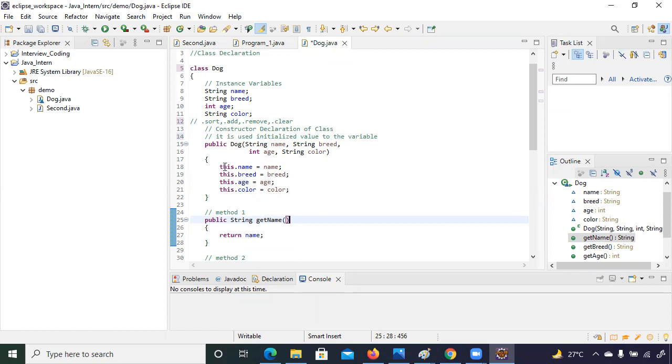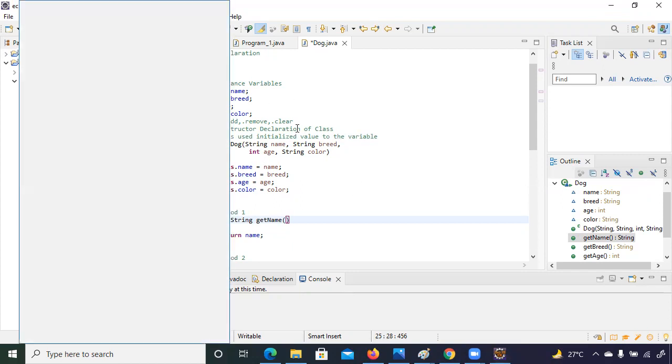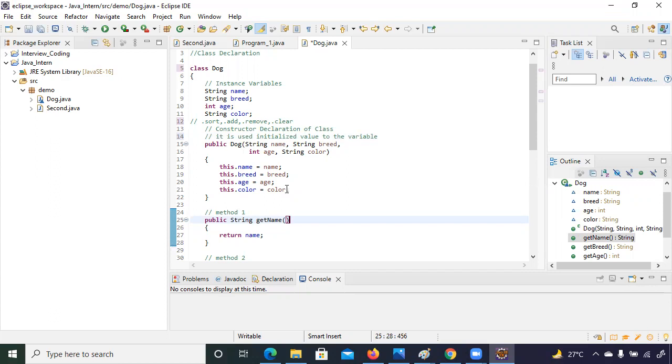And why is the this keyword used? It is used to point out that I'm talking about the name, breed, age, color variables particularly of this class or this function. It is used to tell the compiler that I'm talking about the variables of this program.